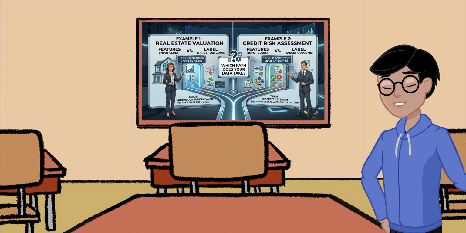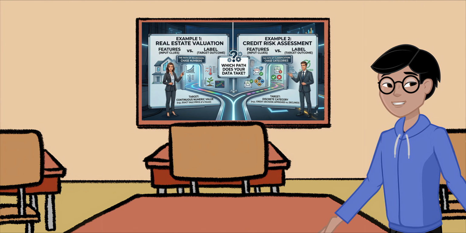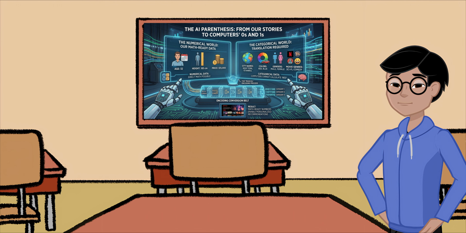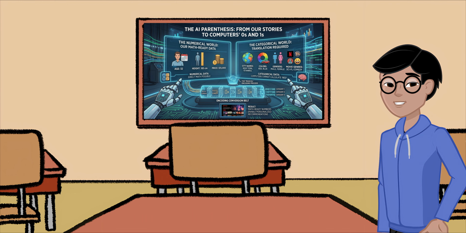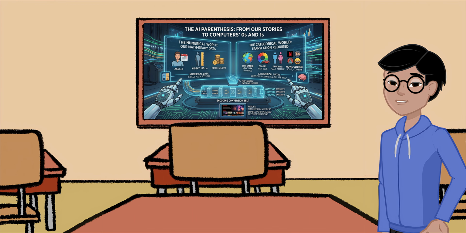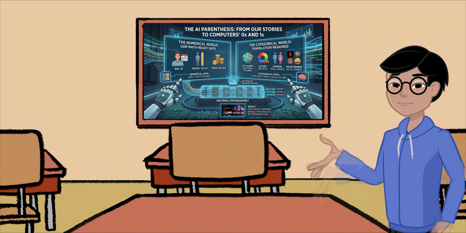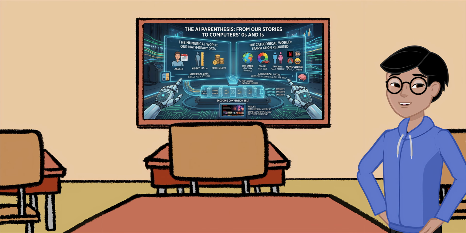The answer to this question determines which algorithm you will use. If you are chasing numbers, you enter through the regression door. If you are chasing decisions and categories, you go with classification. We need to open a very vital parenthesis here. We perceive the world through stories, colors, and words, but for computers, the world consists only of 0s and 1s. If your data consists of digits like age, height, or price, our job is relatively easy. We call this numerical data, and the computer can perform math on it directly.